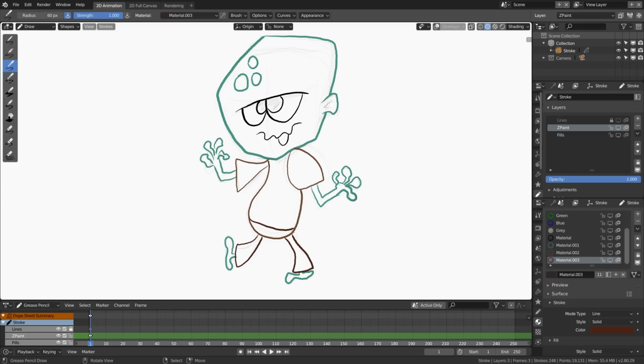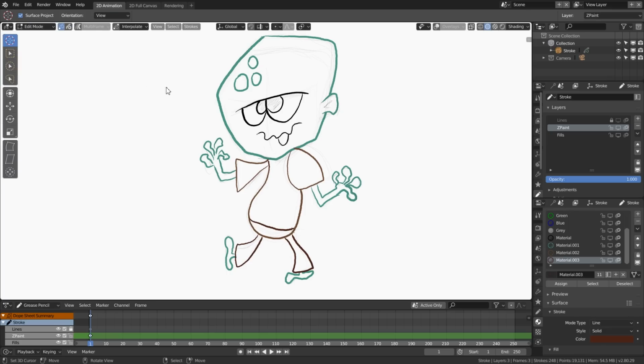Now if you want to work on some proportions or something, it's the time to do it before we start doing the fills. So what I'm going to do now is switch to edit mode for the first time. And I'm going to grab my box selection tool here, and select just the eyebrows here. So I'll scroll around there, selecting just those. You can see it's selected just like it would be in edit mode on a 3D object,